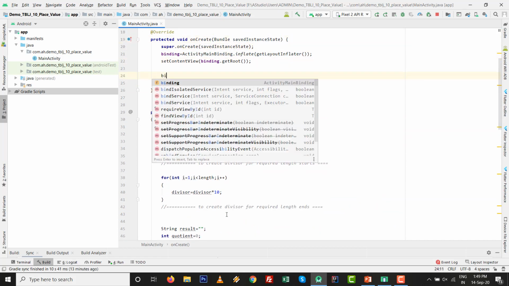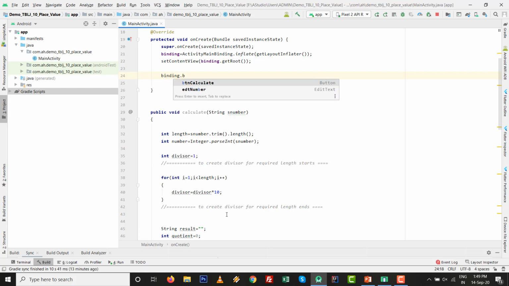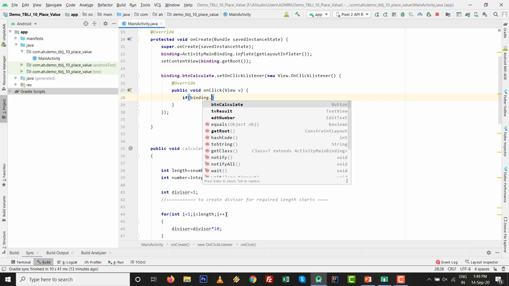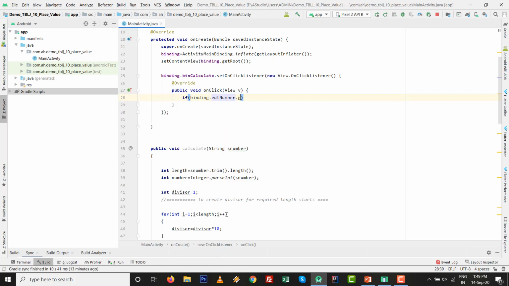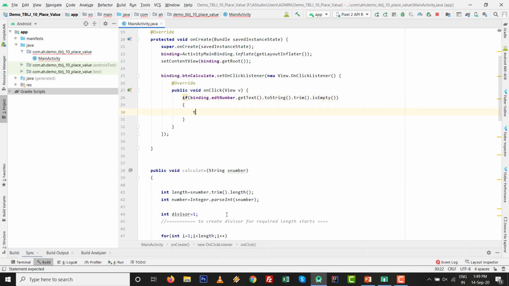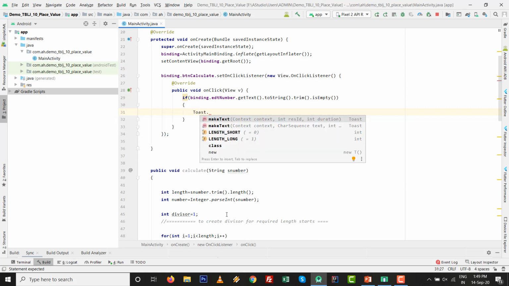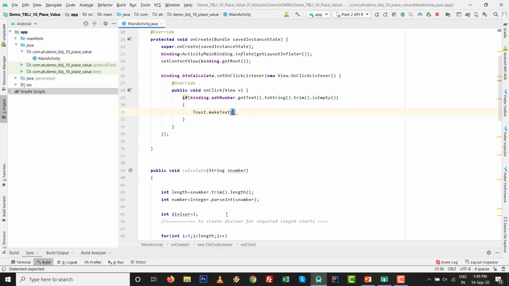Just one thing is remaining: button calculate dot set on click listener, new, space and Control space. After that I type if binding dot edt number dot get text dot toString dot trim dot is empty, then we type a toast message, Toast dot make text, then main activity dot this, get application context, whatever you want to write.